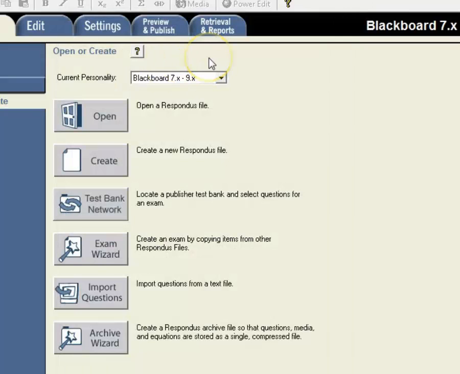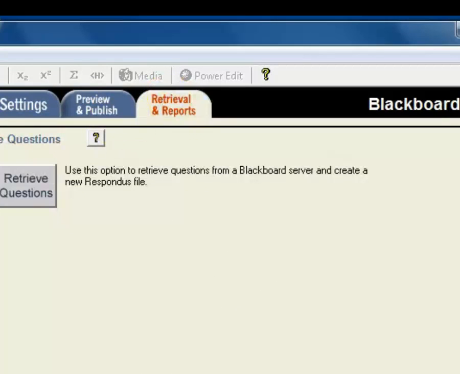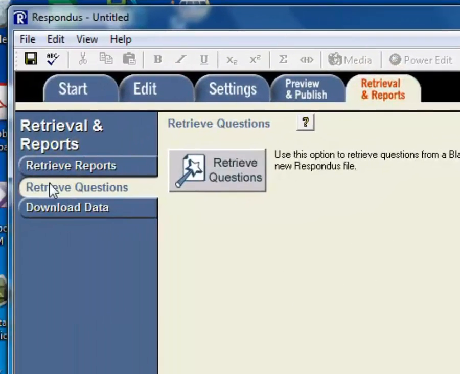Now, one other option that I like really well is to be able to retrieve tests that are already in Blackboard in case I need to give a paper version to a student. By clicking on the Retrieval and Reports tab, then the Retrieve Questions tab on the left hand side, and then the Retrieve Questions button in the main window,